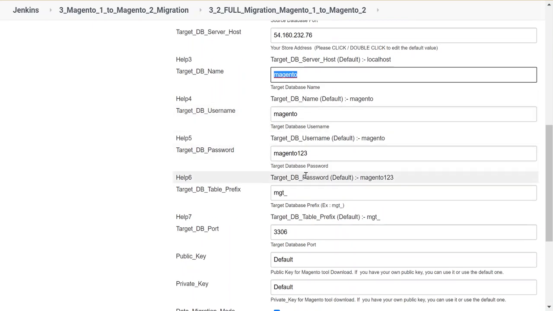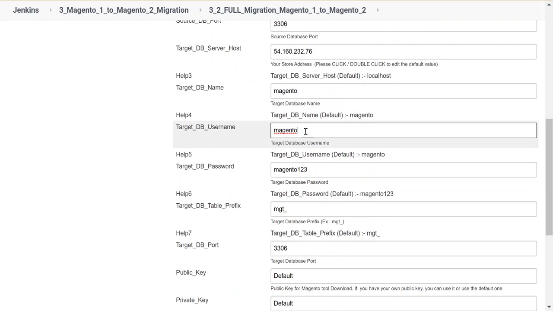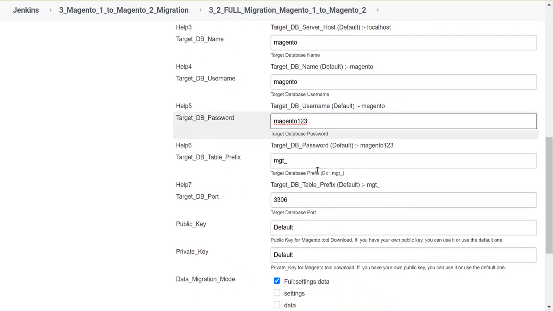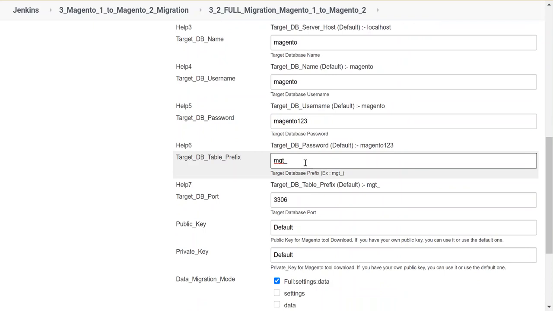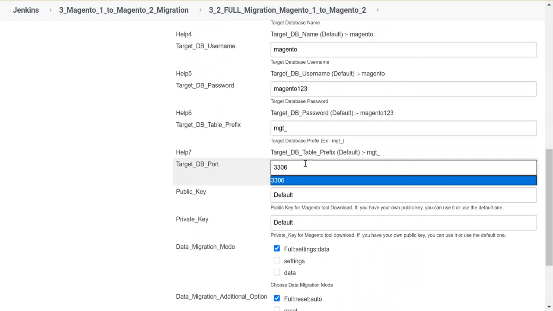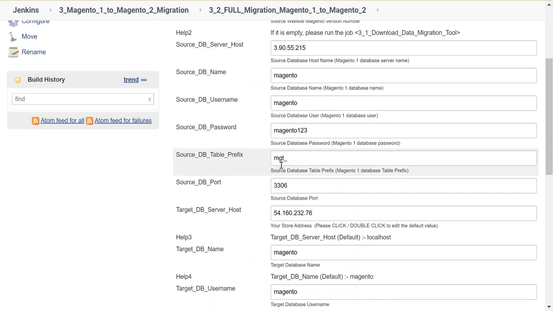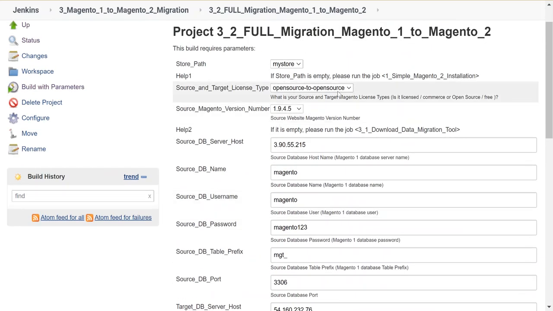Okay, if you use the default one, I choose the default one, and the target database username, the target database password, the target database table prefix, and the target database port. Always keep 3306. Then use public key, private key if you are using open source to open source.